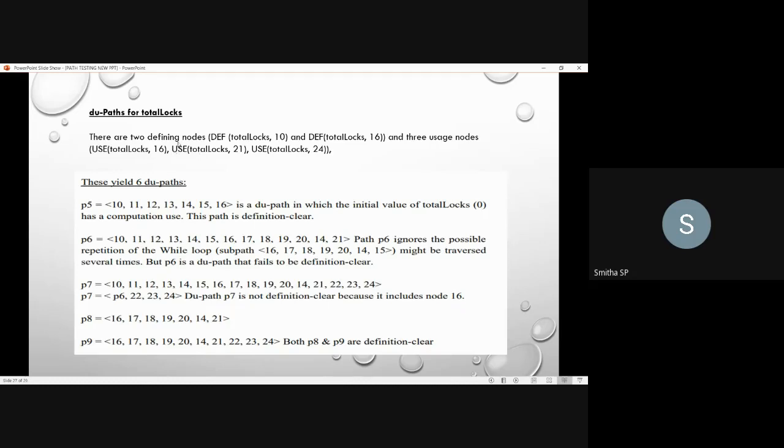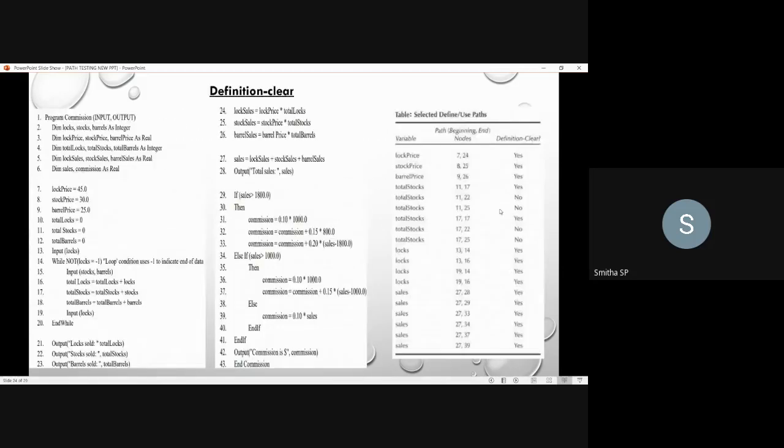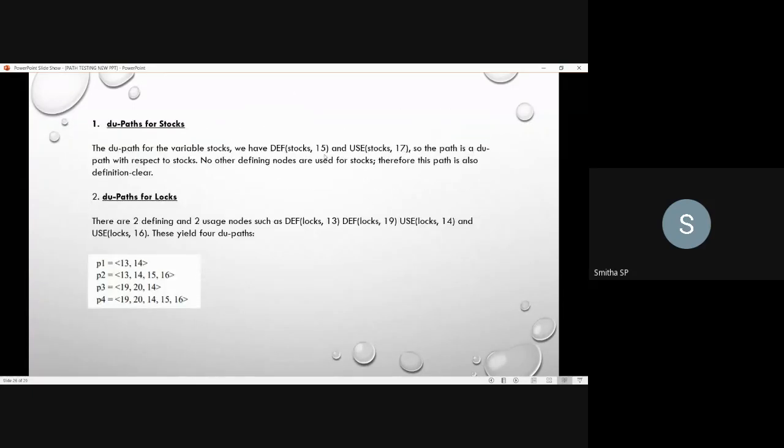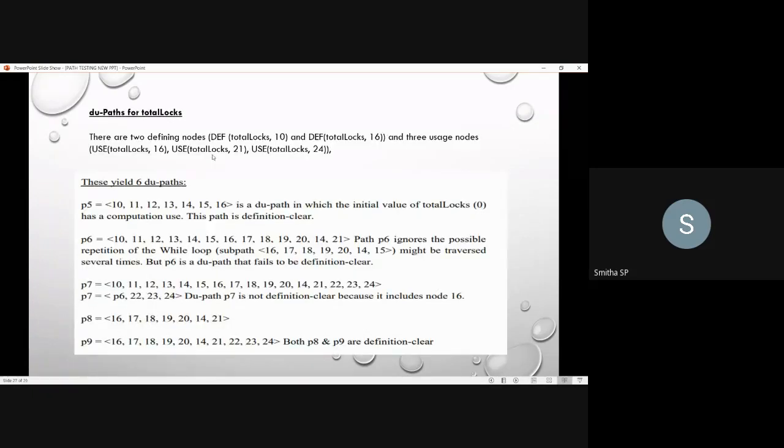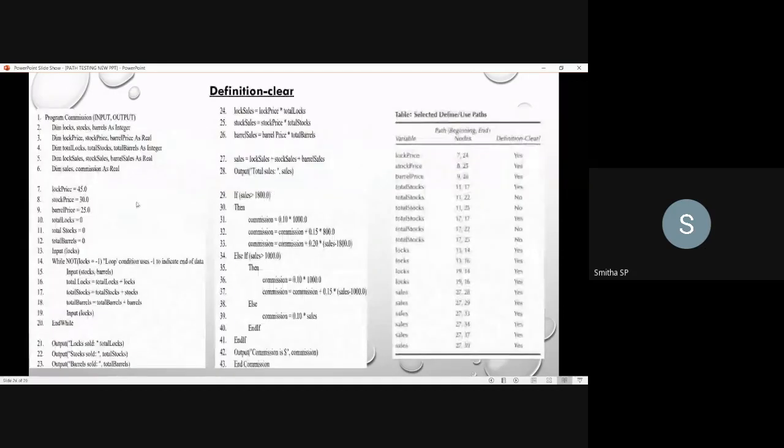Okay, so first of all, where you have defined this total logs and where you will be using this. So in the 10th and 16th line, you will be defining this total logs. So we have discussed it already. Okay, 10th and 16th you have defined it, and you will be using it in the 16th, 21st, 24th. 16th you will be using this total logs for the updation.